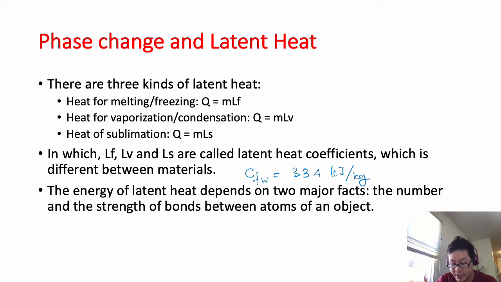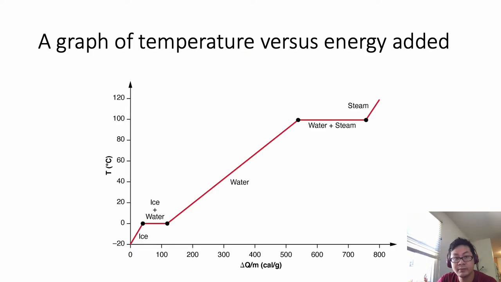The energy of latent heat depends on two major factors: the number and the strength of the bonds between atoms in an object. Here is the graph of temperature versus the energy added. For example, we have an ice cube at a temperature of negative 20 Celsius,